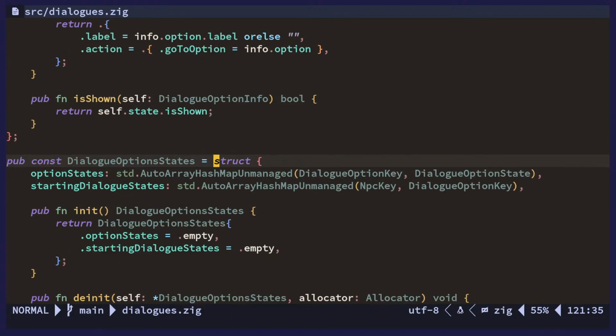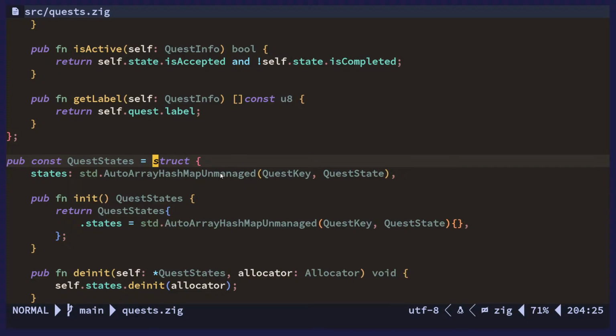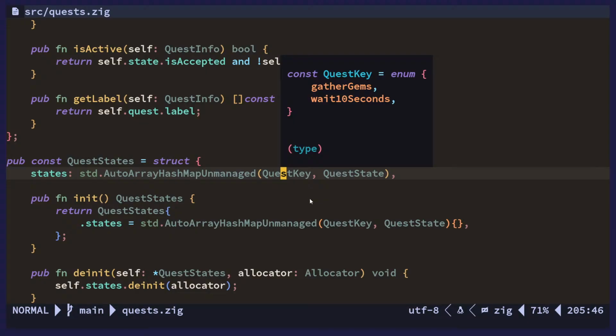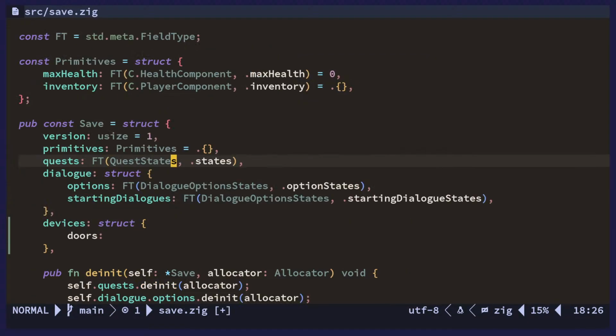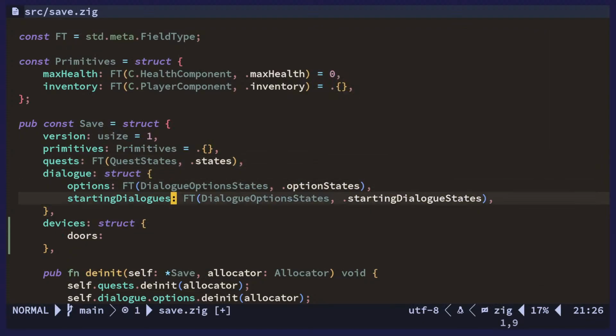No, wait, what? I thought we had an ID array hash map. Yeah, because these are enums. That's right. Or do we have ID array hash map? Yeah, we do have ID arrays. Okay, so let's make this an ID array hash map